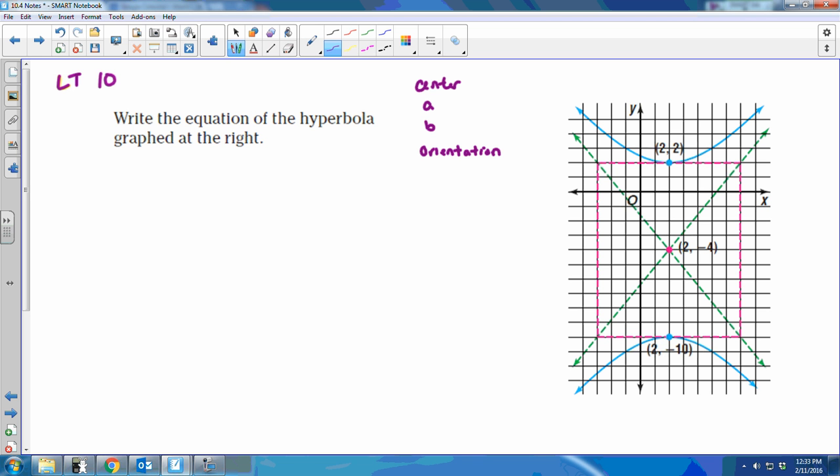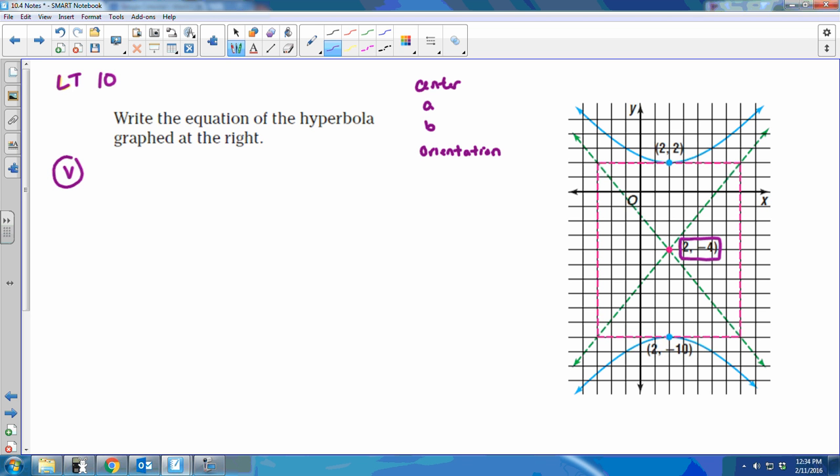So when you're looking at a graph, this first one, we're just writing an equation for this graph. We know what orientation it is. Is it horizontal or vertical? Right, because the branches are opening vertically. We got that. No big deal. It tells us the center. We don't have to figure it out. So that's nice. So we're just going to figure out A and B, which I can do from the graph